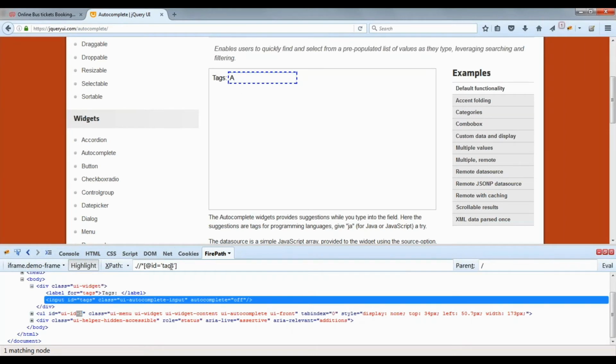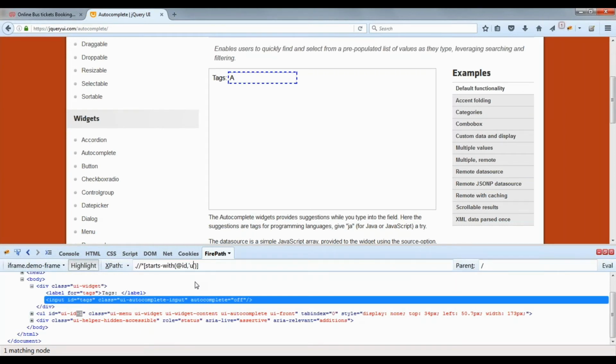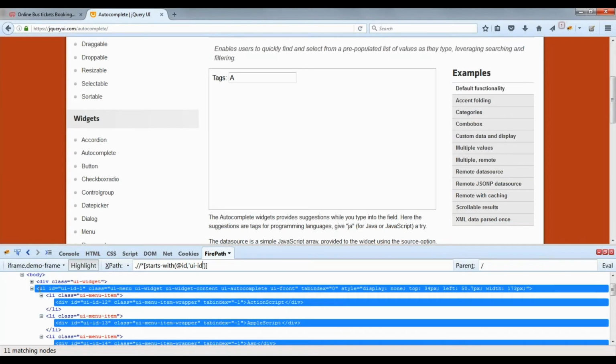So in that case, what I have to write here is starts-with, @ID, comma, UI-ID. It will give me all the values inside that.